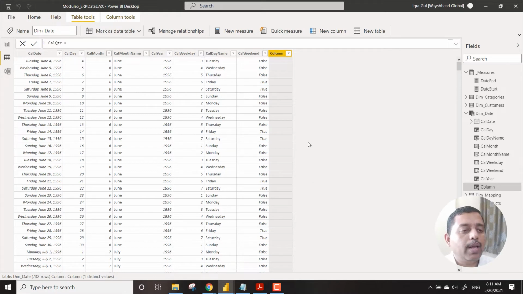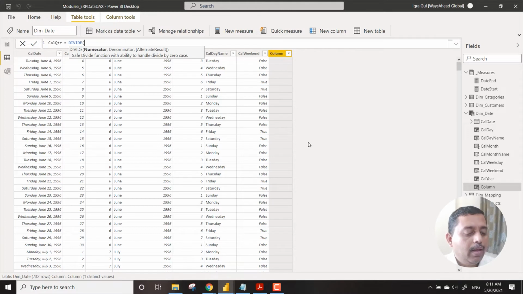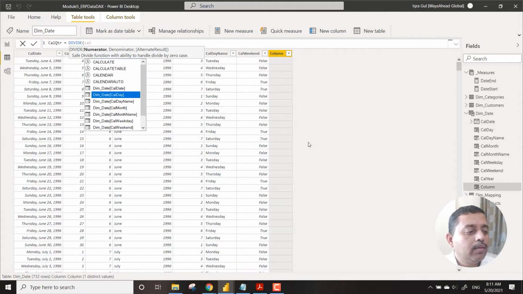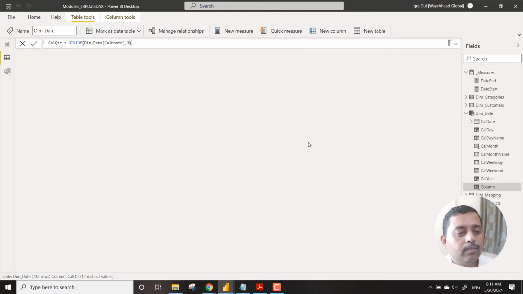When you take a particular month, we have the month, so we need to just divide it by 3. So we say divide cal month by 3, and let's see what happens.